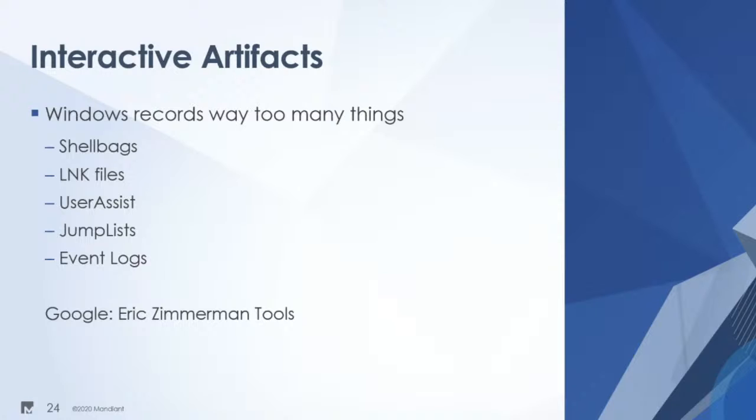Okay. Jump lists are the record of what a program has opened. So say you have Office open. At the bottom of your screen, in your taskbar, it's going to have Office. And if you right click, it'll give you a couple options for that program. And then it's going to list the 10 most recent documents that you've opened with the program. Those are jump lists. Those are stored. And that's one of the ways that we can tell what program is accessing what. Okay. So in this case, I gave you an example of documents, but that could be anything.